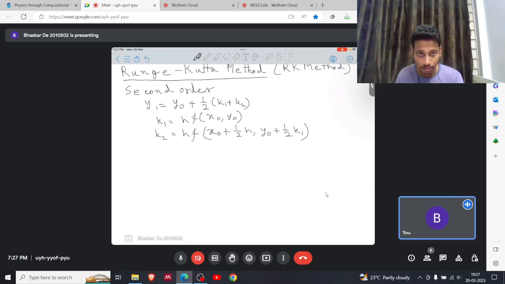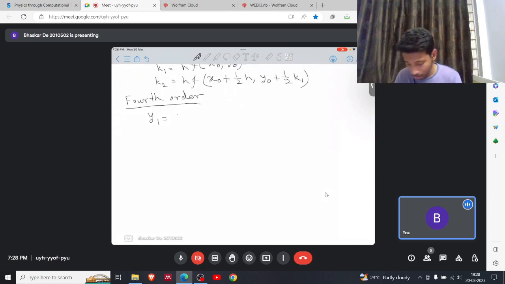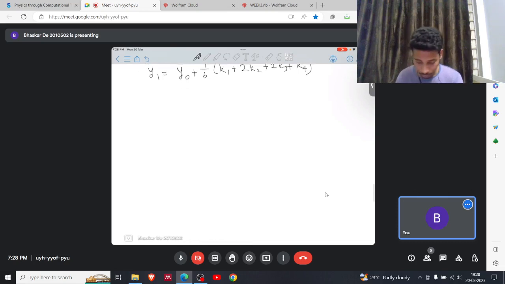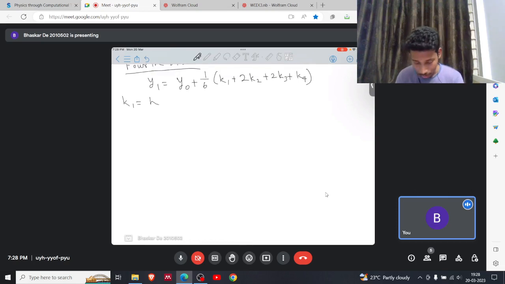And there is another Runge-Kutta method, the fourth order, where y1 is obtained using y0 plus 1 by 6 of k1 plus 2k2 plus 2k3 plus k4, where k1 equal to h f(x0, y0), k2 equal to h f(x0 plus half h,